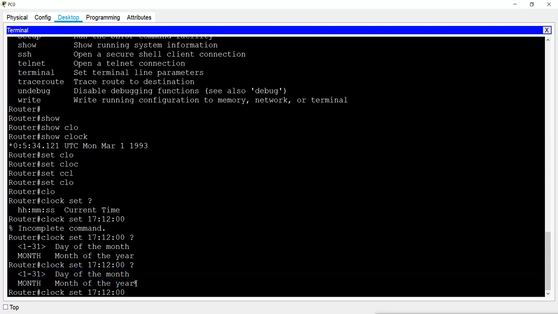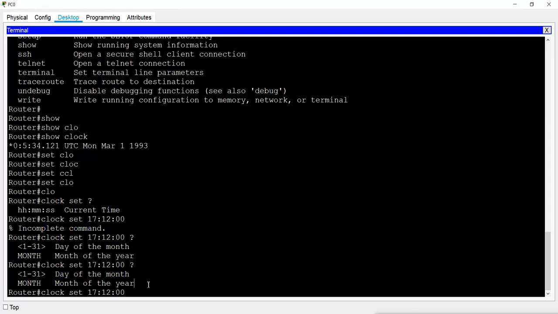And here it is showing what you have to provide: the day of the month, that is the date, and the month of the year. And again, if you see there is no CR, that means this is a must. I have to provide these options, otherwise it will say incomplete command.